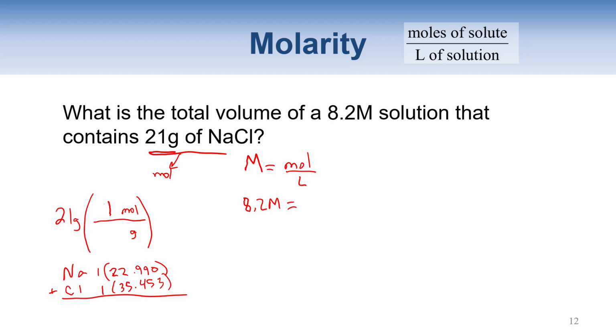We get 58.443. Okay, and that is grams in 1 mole. So we're going to put this up here in our equation, 58.443. So now we're going to multiply across the top, divide away the bottom,